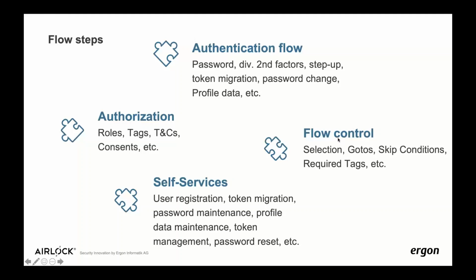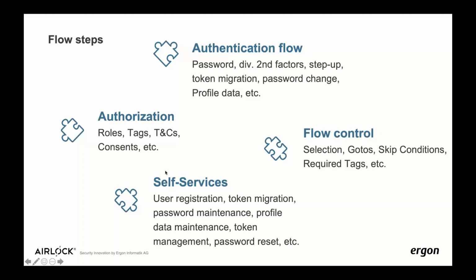We have so-called flow control steps, which help you to go through the flow with a selection that allows you to make a fork, or on a certain step with a goto, you can go to another step. Or you can also, with skip conditions, skip a step. We have so-called self-service steps, which help you for user registration, or for token migration, or for other self-service cases